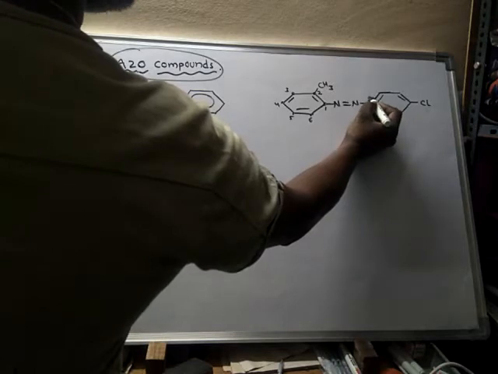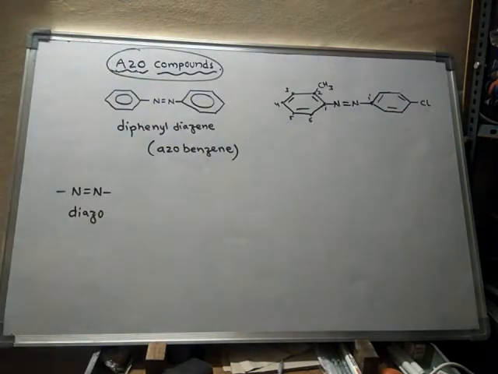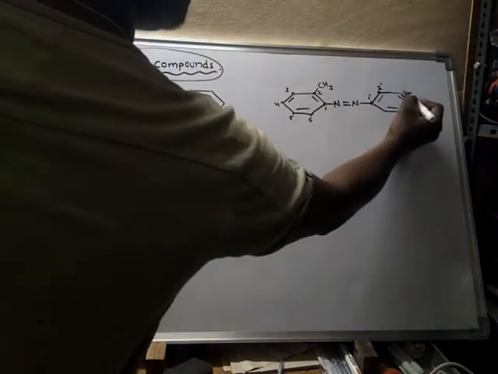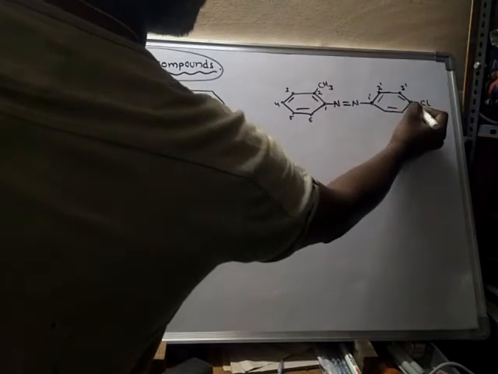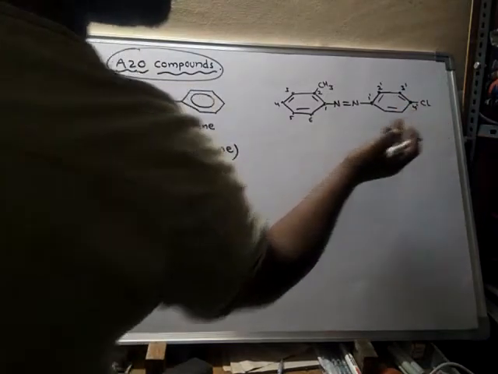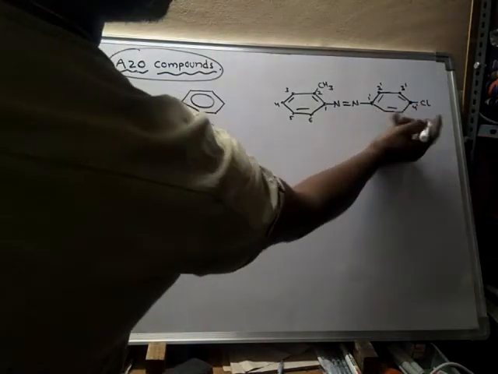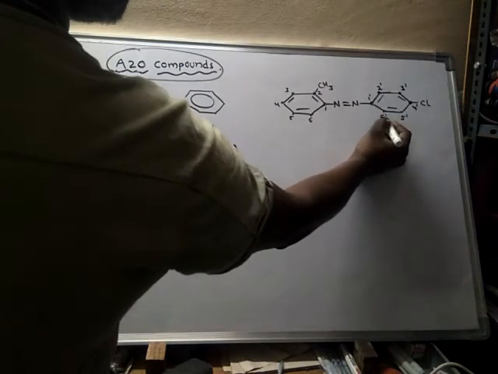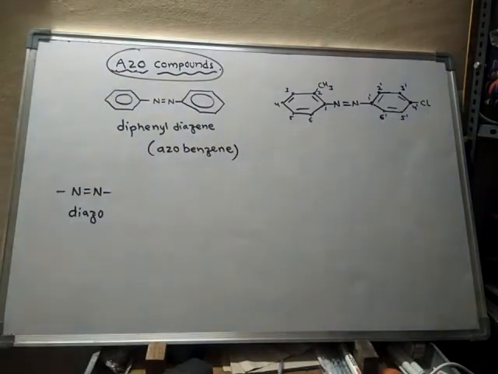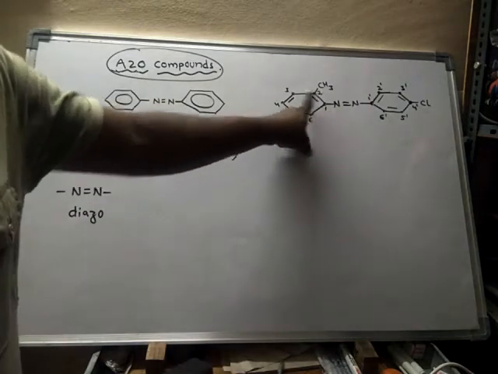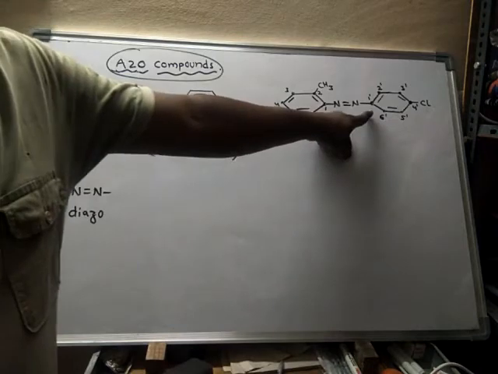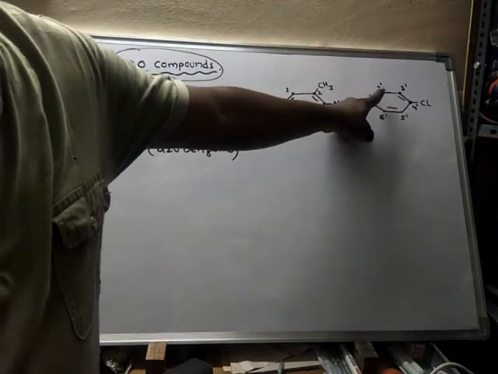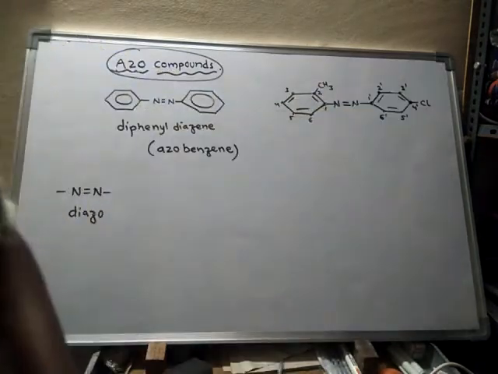Here, what is this one? It is 1 prime. Okay, this will become 2 prime, 3 prime, 4 prime, or else 4 dash, simply 4 dash or 4 prime. Okay, this is 5 prime, or else 5 dash, 6 dash. So like this. For one ring we have to give normal numbering 1, 2, 3, 4, 5, 6 like this, and to the other ring we have to give the numbering by using primes. So 1 dash, 2 dash, or else 1 prime, 2 prime, 3 prime, and so on.